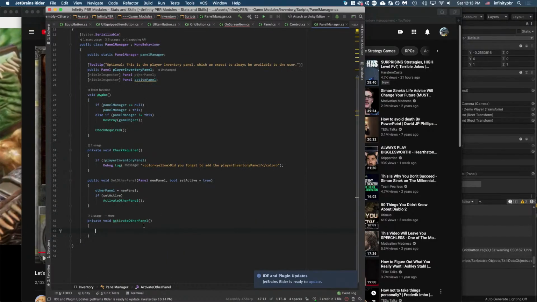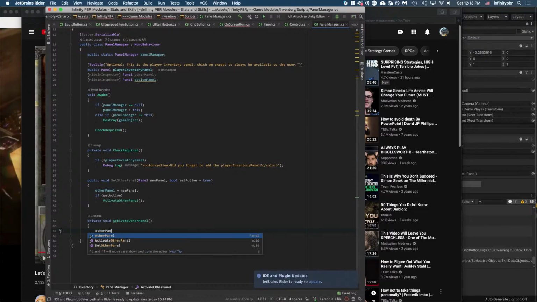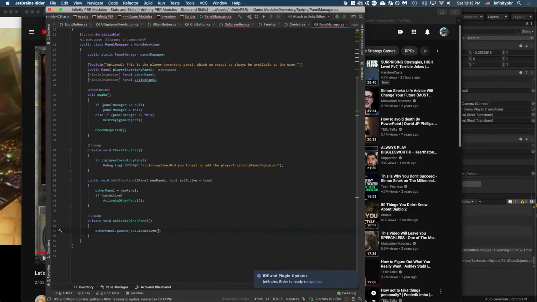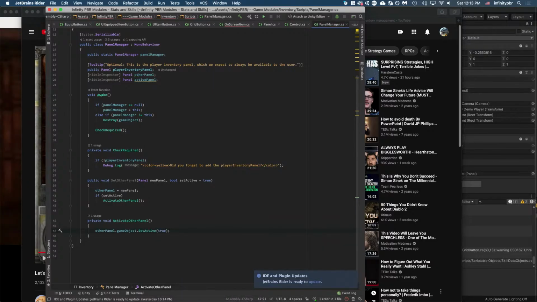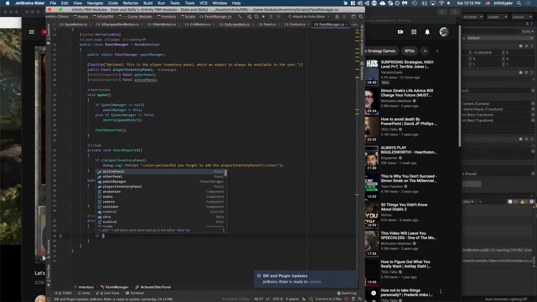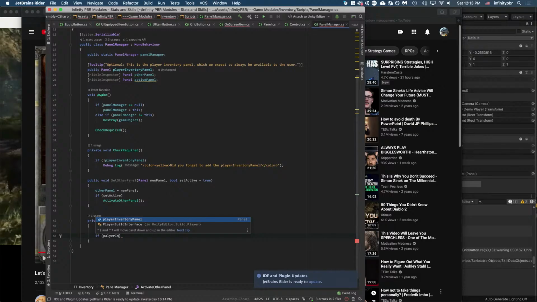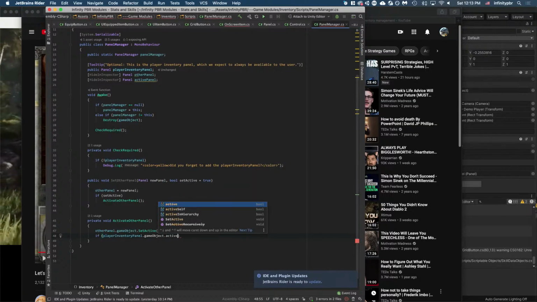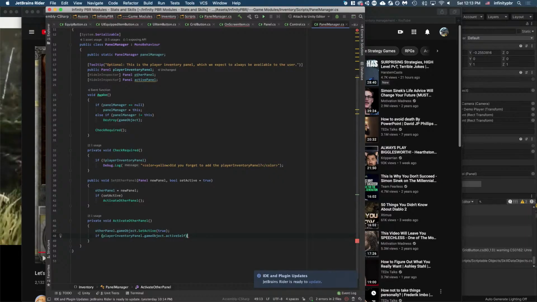Panel manager. So what I want to say is, okay, activate the other panel. So other panel.gameObject.set active true. And if it's already active, then it won't trigger the on enable, I believe. And so we're good there. And then we're going to say if player inventory panel.gameObject.active self, then